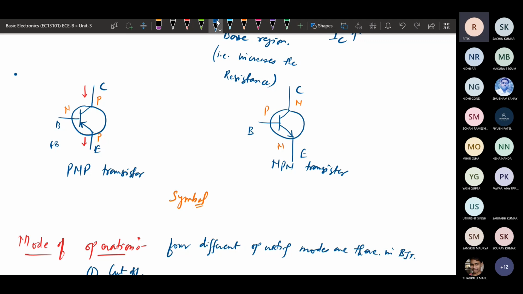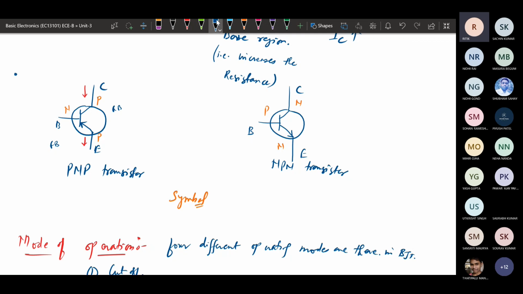And in this the output region is reverse bias. So if the input region is forward bias, then this region will be forward bias. So current will be flowing from P to N side. So once current is flowing from P to N side, then the current direction will be this. So once the symbol is given, you can identify whether it is an NPN or PNP transistor.